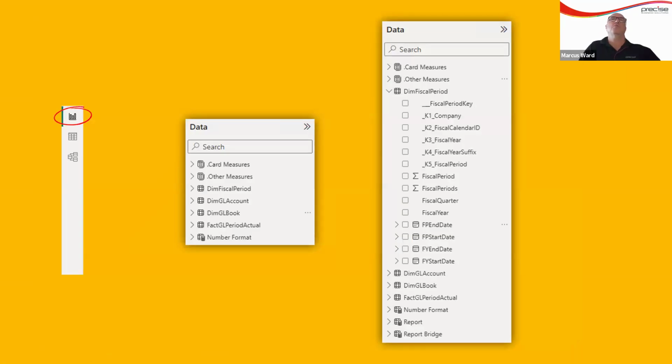Okay, and once you go back to the report viewer mode, this is what you see on the right-hand side of the screen with your data. You will see all of your table objects. They'll be called either dim or facts. Quite often your fact tables you'll tend to hide, and you'll just include factual measures, which you'll have in folders like here, other measures or card measures, and you can hierarchy those in as many folders as you need to